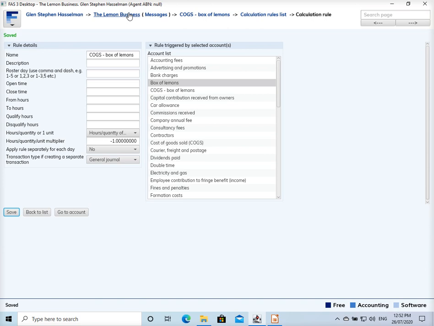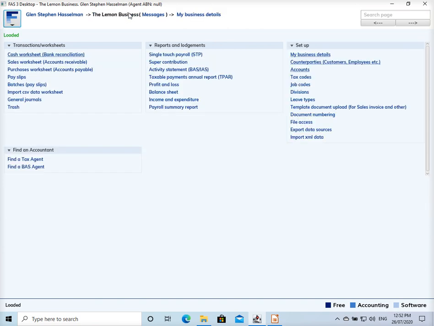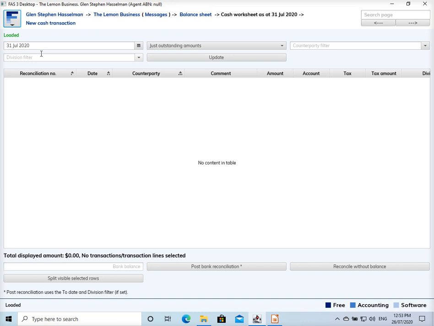Now, having set up those rules, the next thing we want to do is purchase some inventory so that we can sell it. You can do this on the purchases worksheet. I've noticed that a lot of people just go straight to the cash worksheet because they're paying for stuff as soon as they receive it, so people tend to just save themselves the two transactions, being the purchase and then the later cash payment. Although the purchases worksheet is good for tracking